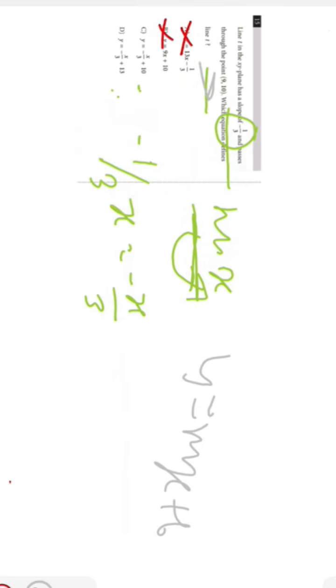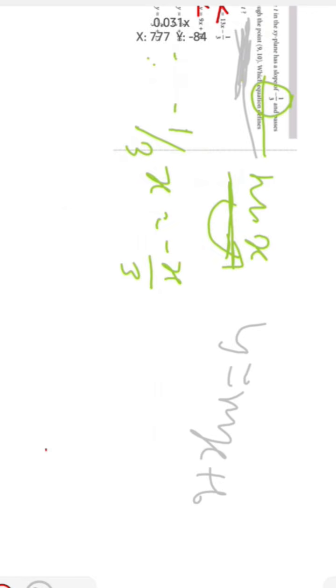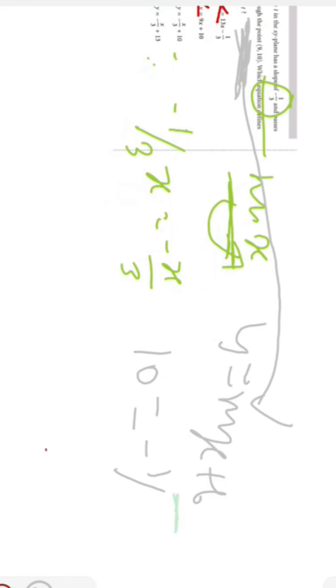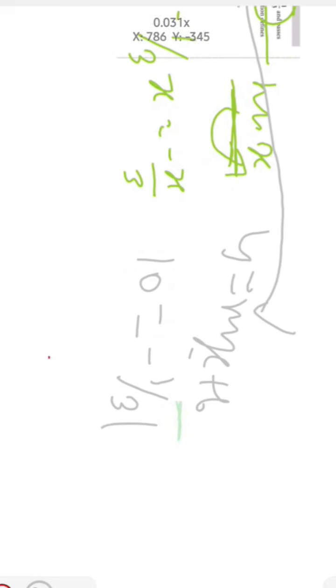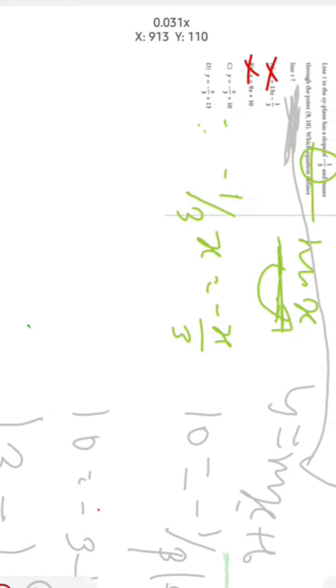So here you can see that we are given the coordinates of x and y, so we will put these values into this, so we can get the value of the y intercept. So let me put the values. The value of y here is 10, so 10 equals, and we know the slope is negative 1 upon 3, and the value of x here is 9, plus b. And if we cancel the 3, we get 10 equals negative 3 plus b. And if we add 3 to both sides, we get the value of b as 13. We can also write b equals 13, which is the same. So we got the value of the y intercept as 13.